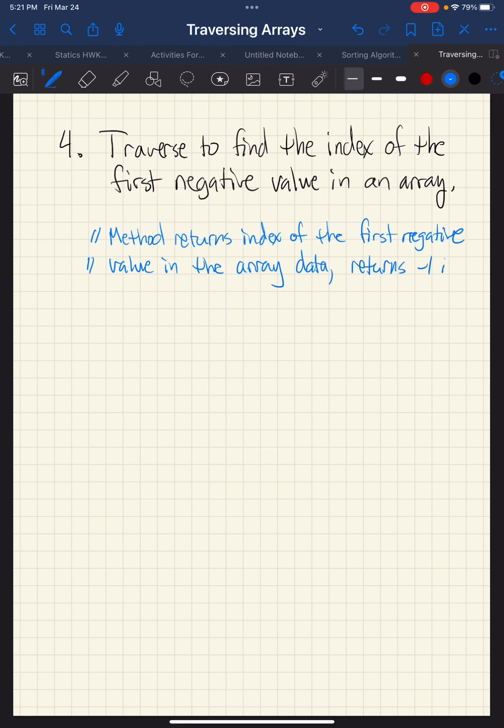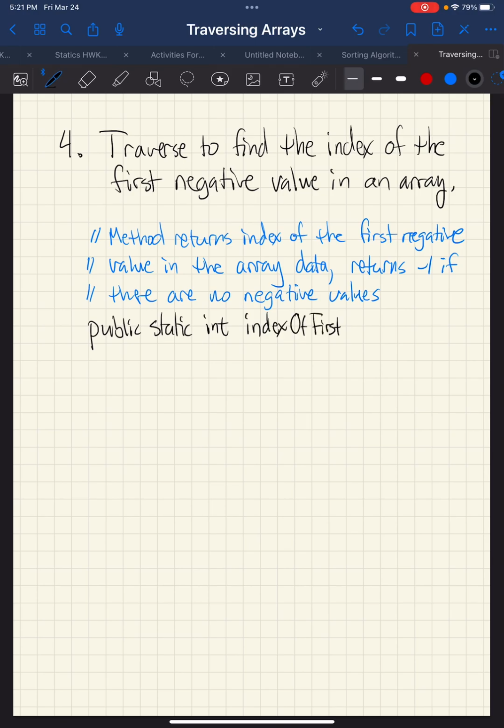Let's say one of the possibilities is there's no negative values in the array. Well, in that case, we'd want to return an index that we know wasn't a possible index. So we'll return -1 because -1 isn't a valid index in Java. So we have a method, public static int indexOfFirstNegative,